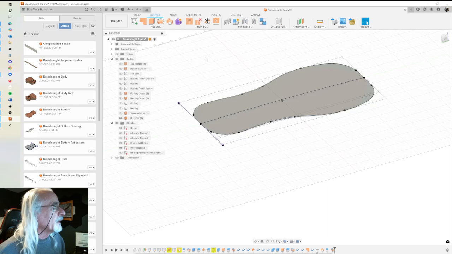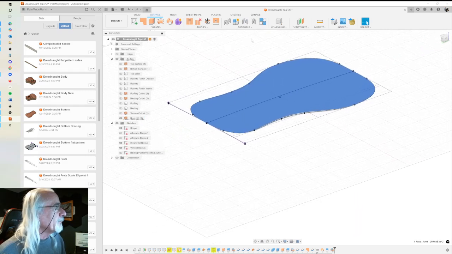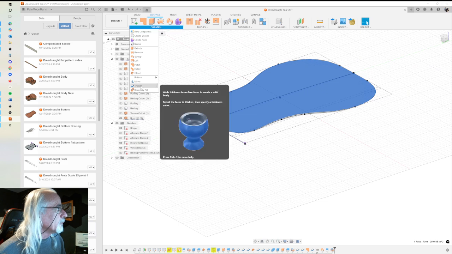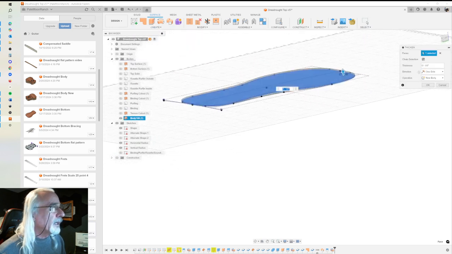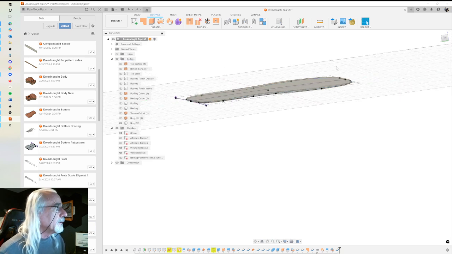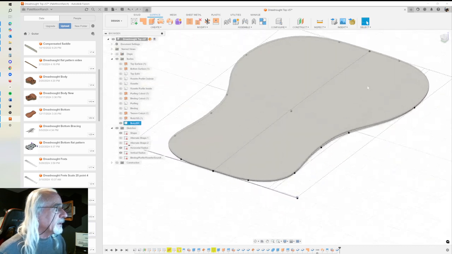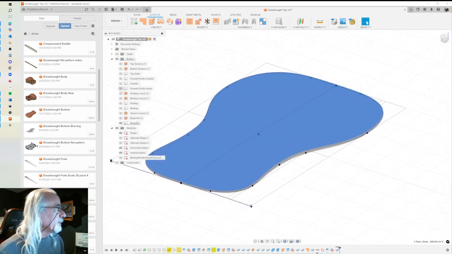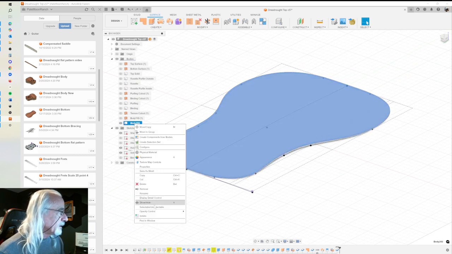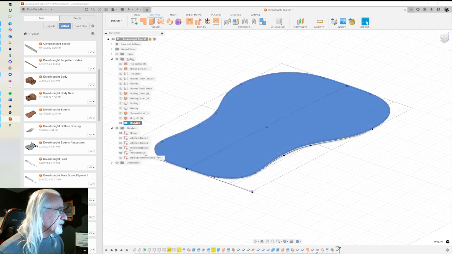Now to create the body, we have to thicken this, so we'll select that body and we'll go get the thicken tool off the create menu, thicken it, and I'm going to thicken it to my parameter for thickness, and say OK, and there's my body. I can then go and put an appearance on this if I want to. I'm going to right click on that body I just created. I'm going to go to appearance,